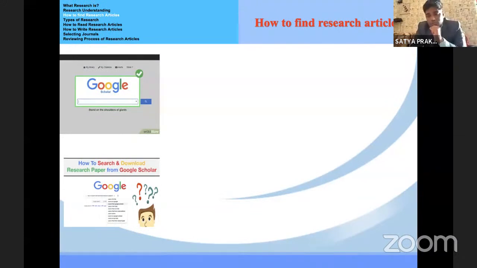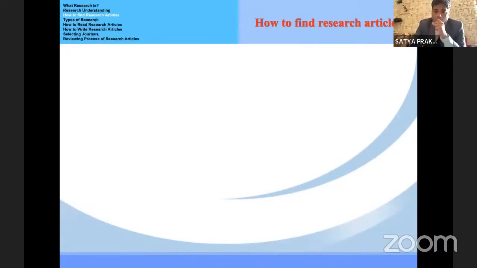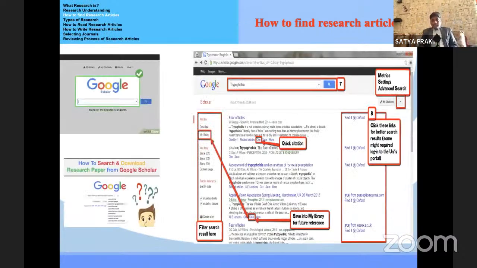Google Scholar. What is Google Scholar? Google Scholar is open access for the public, where you can find whatever you need. Next, Google Scholar: how to find it? This is the result I attached in the PPT. You have to go to Google and find scholar.google, create your profile, and then you can find, cite and recommend the people you want to associate with, right?